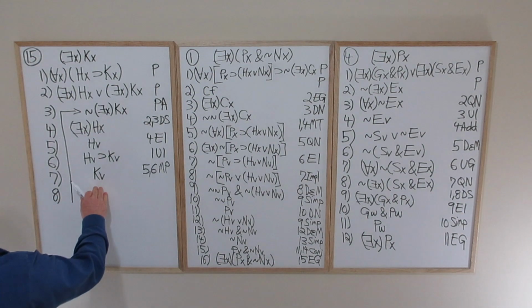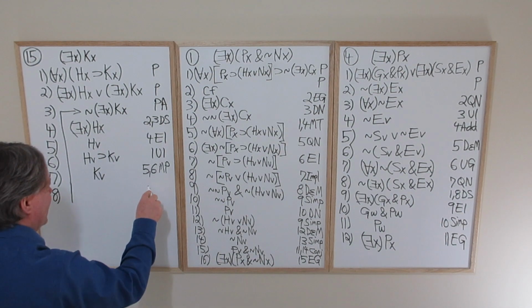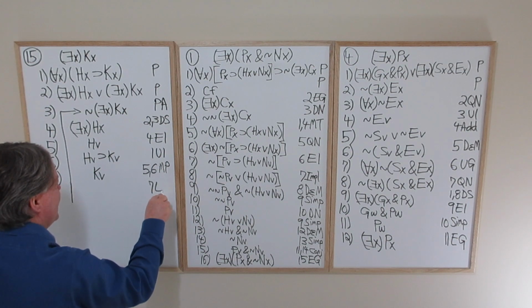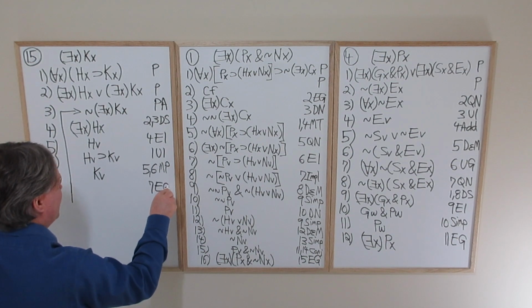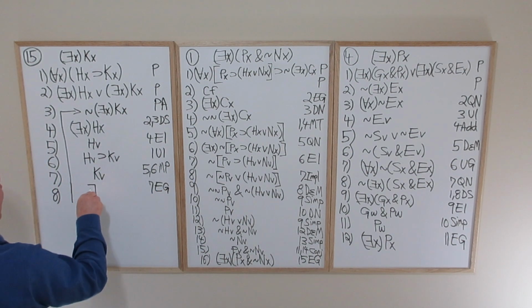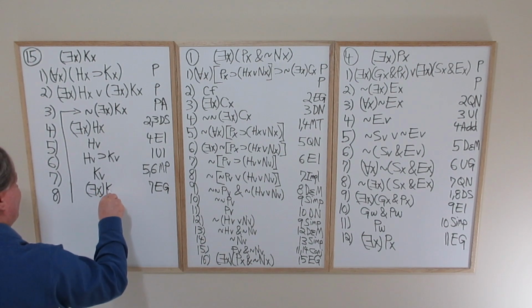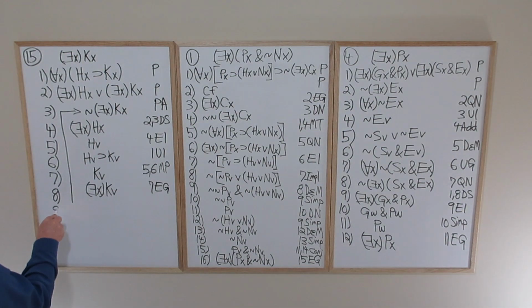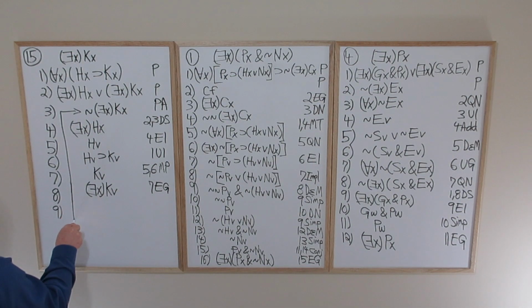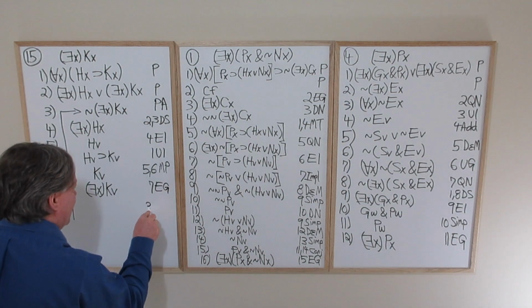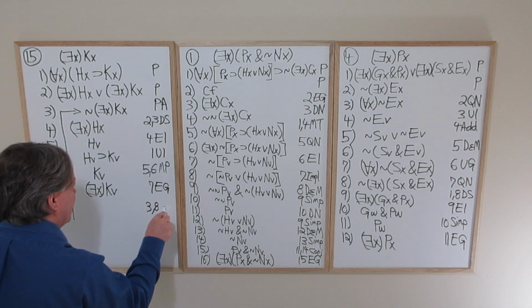If unspecified v has been to Krakow, then by EG unrestricted, there's at least one x, namely unspecified v, such that x has been to Krakow. But look at our original provisional assumption. It's not the case that there exists an x such that x has been to Krakow. So 3, 8